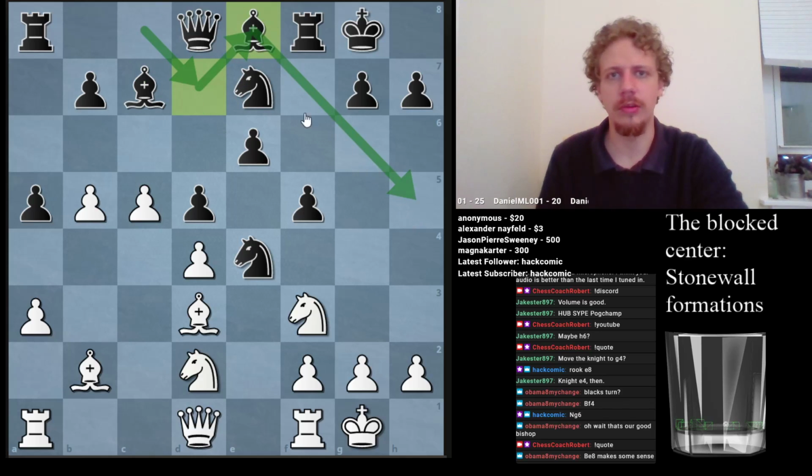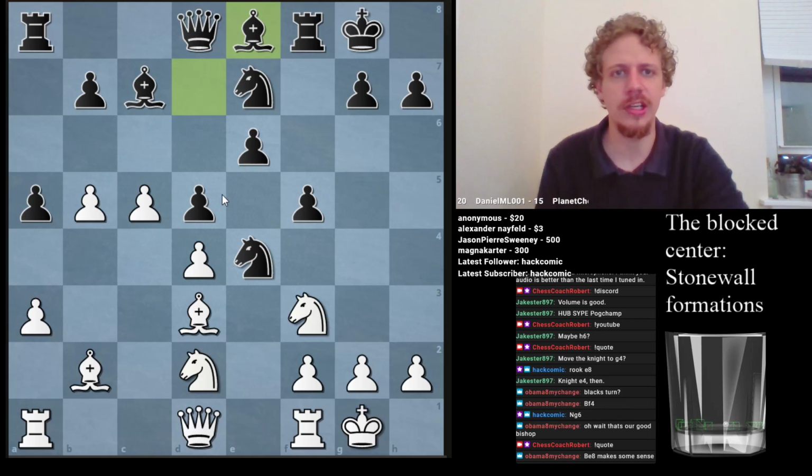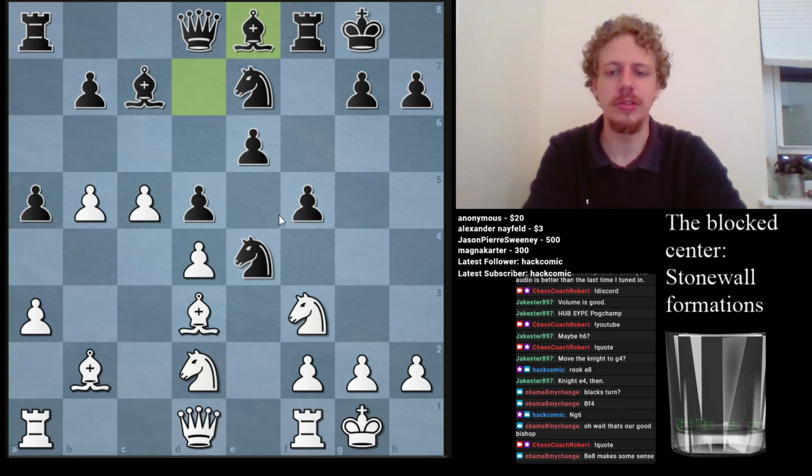We'll go here, or sometimes g6. So this happens in the French, this happens in the Dutch. This is a very, very common maneuver when you have pawns on e6 and d5, because you have no other way of activating the bishop in the middle game. But it's a long maneuver, so it's risky. Usually you only do it at a critical juncture like this one, where we don't have other clearly better moves